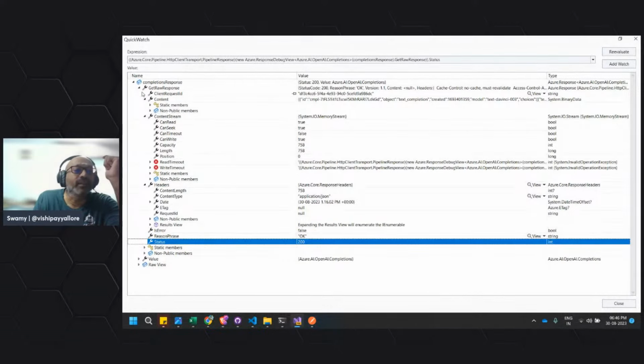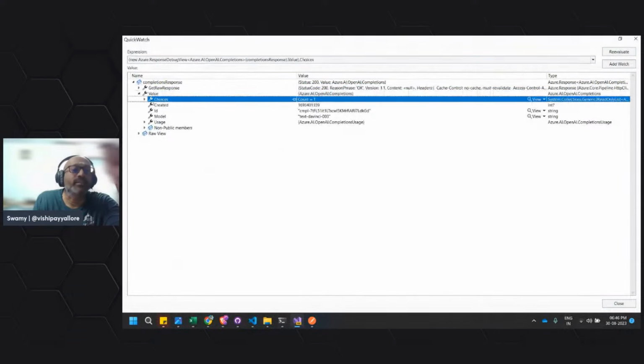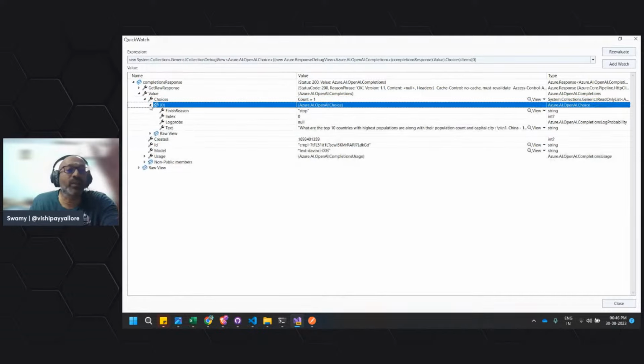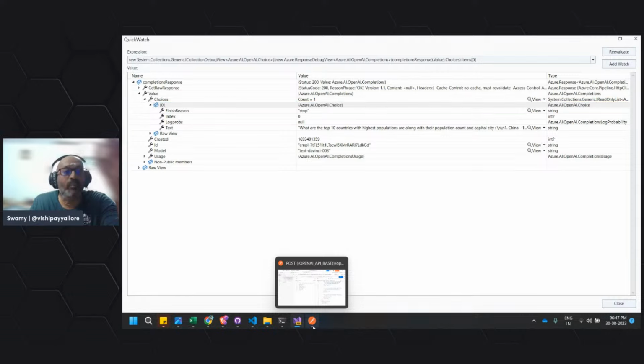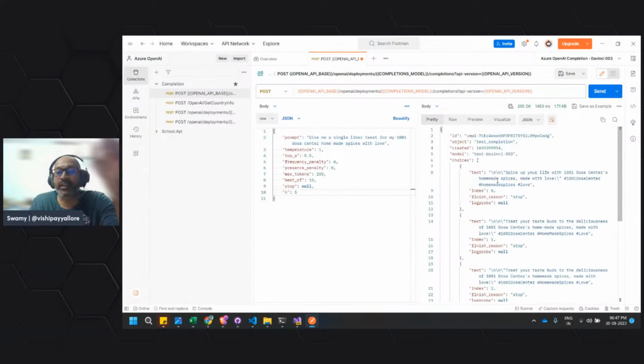And another thing here, if you see the value, there are choices. So inside that value, you have choices. Inside the choices, the zeroth, the first one, is our response. You can see that and compare this. You see the finished reason and everything which is coming in here.